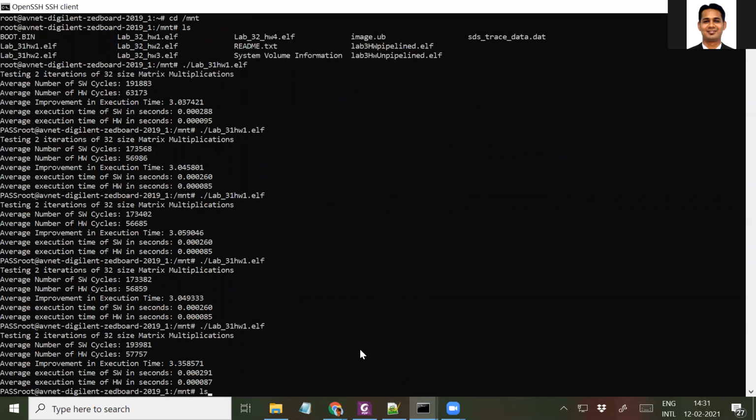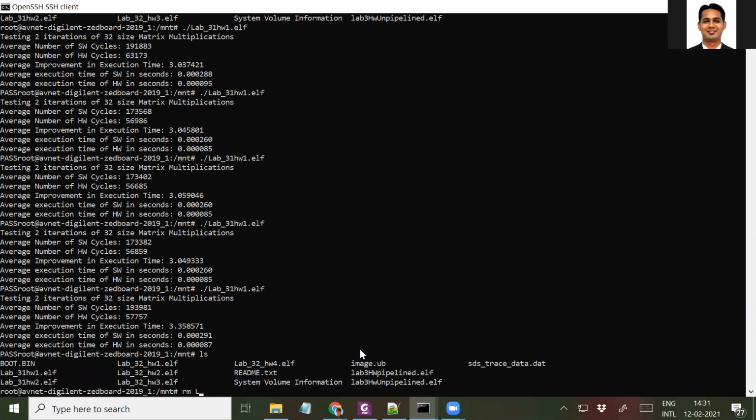Before copying the new file, let's remove all the ELF files.